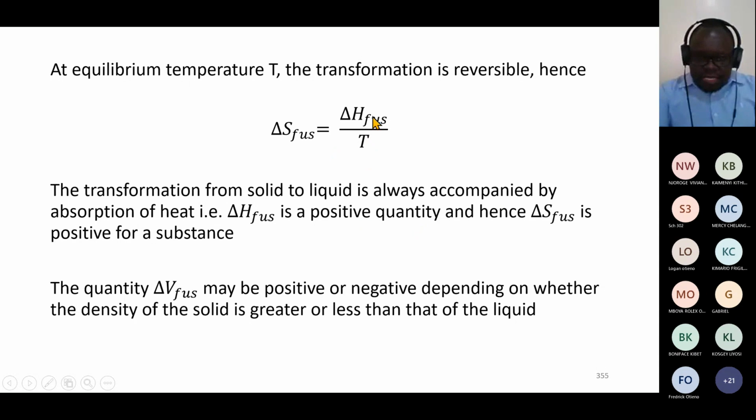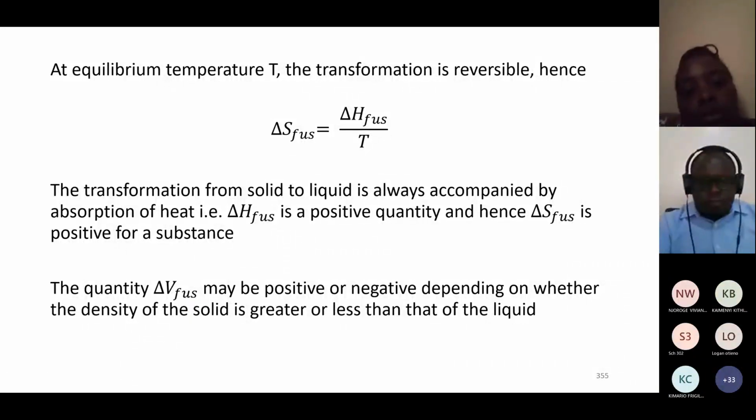And if delta H fusion is a positive quantity, then delta S fusion is also positive, for any substance. Now the quantity delta V fusion, that is the change in molar volume, can be positive or negative,